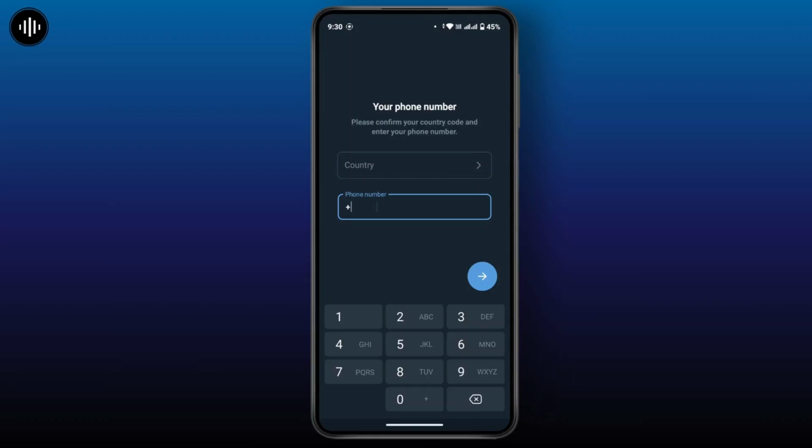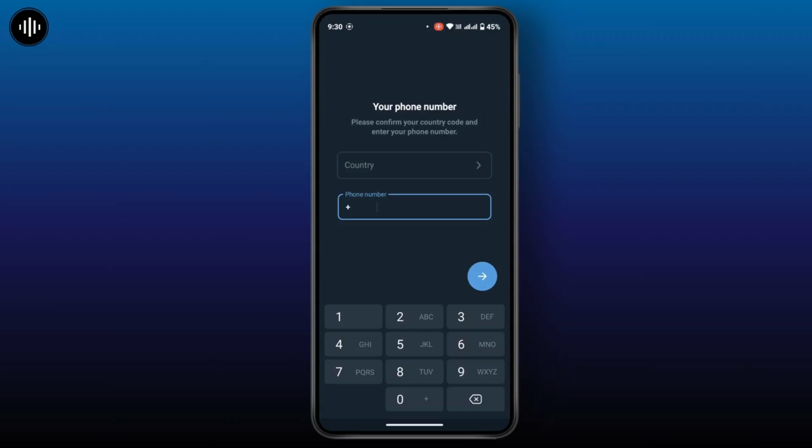In case you don't see the code, you can go to the settings, devices, and then head towards active session on your primary device in the application. After that, once you have the code from your primary device, you have to enter the code in your secondary device. Now once you are verified, you will be logged in and both of your devices will have access to